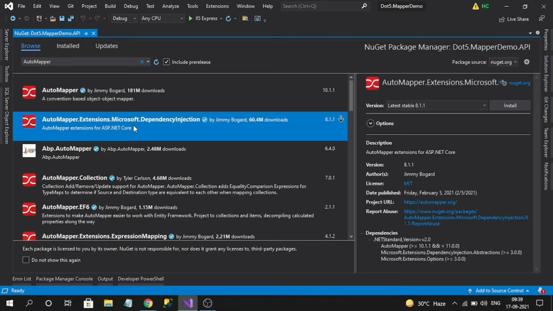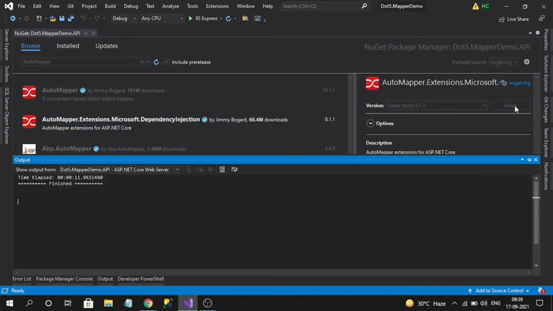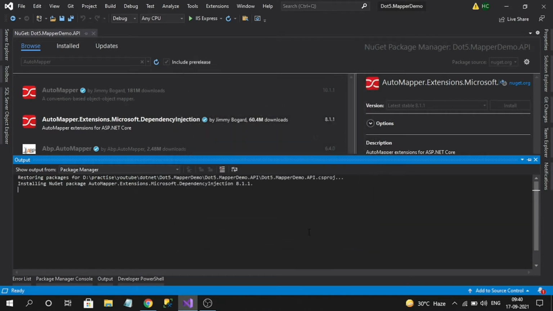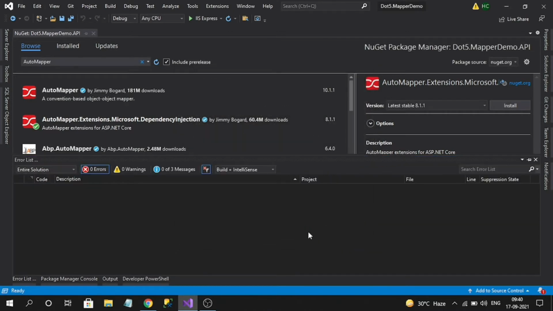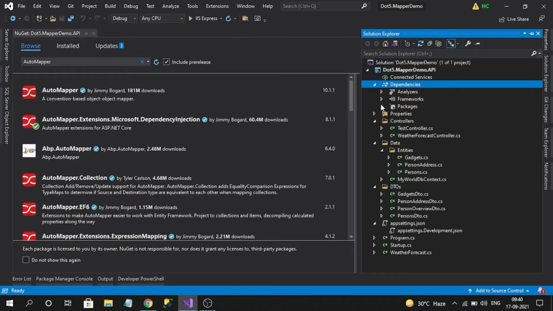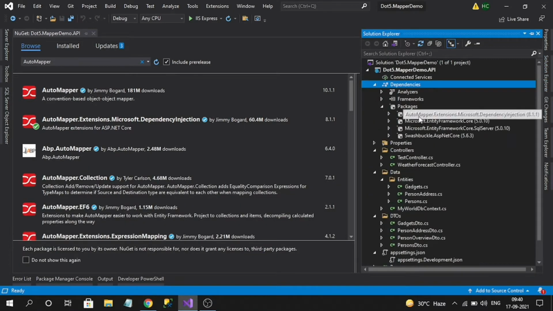Let me install the stable version. Here you can observe in the packages that AutoMapper Extensions Microsoft DependencyInjection is successfully installed.